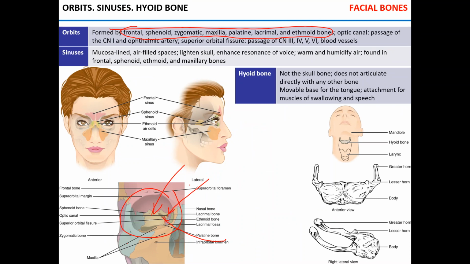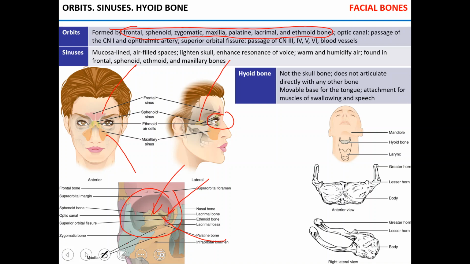And then you have cavities in your skull called sinuses: maxillary, frontal, ethmoid air cells, and sphenoid sinuses. These are air-filled spaces that are connected to your nasal cavity, lined with mucosa from the inside. They make your skull lighter, enhance the sound of your voice, providing the resonance. They warm the air, humidify the air, and if they are clogged with mucus, we call this inflammation of sinuses